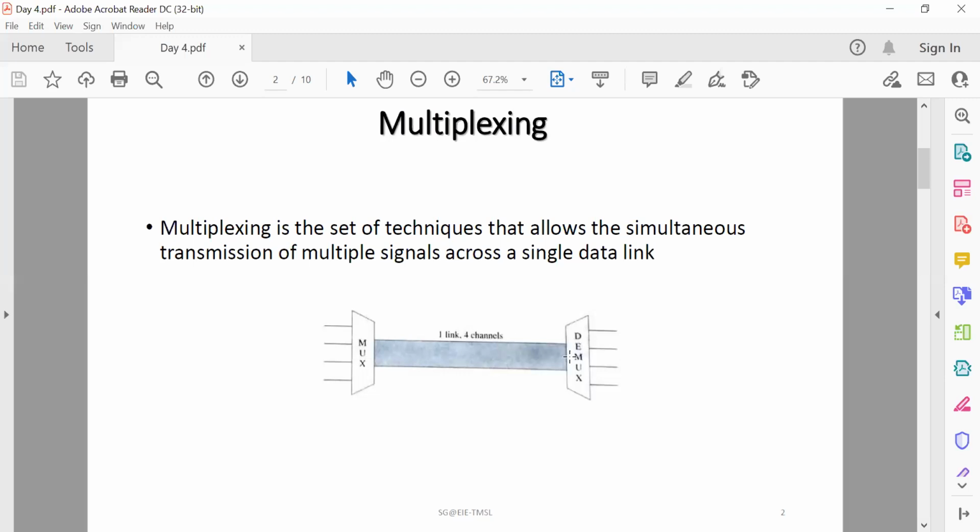At the receiving side, this stream is fed into a demultiplexer, or demux, which separates the stream back into its component transmissions, meaning one to many, and directs them to their corresponding lines. Here, the word link means the physical path, and the word channel refers to the portion of a link that carries a transmission between a given pair of lines. One link can have many channels, like n number of channels.